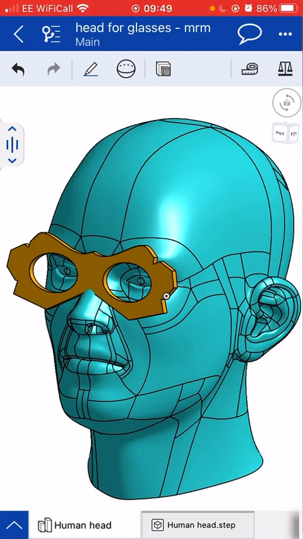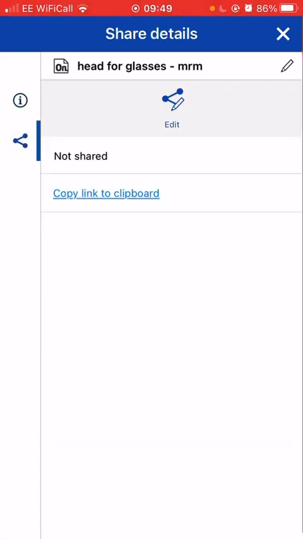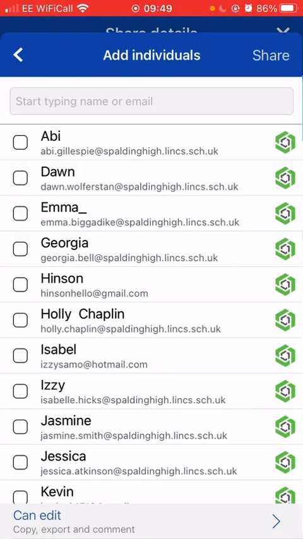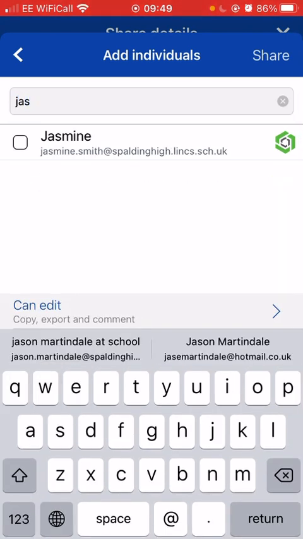Now then, I do want you to be able to share this with me, and this isn't something that I have yet really worked out. I think probably if we click on the three dots at the top, that's correct, and then we click this one here as well, we can click on edit, and you can share it with individuals, and if you click on plus, you can type in, these are all the people who shared things with me in the past. You could put my email address in there, please,